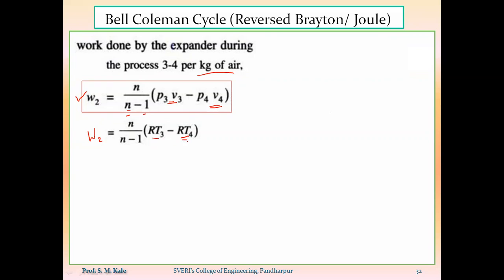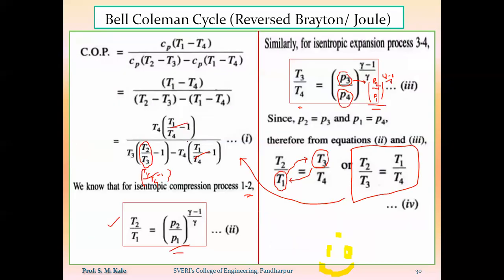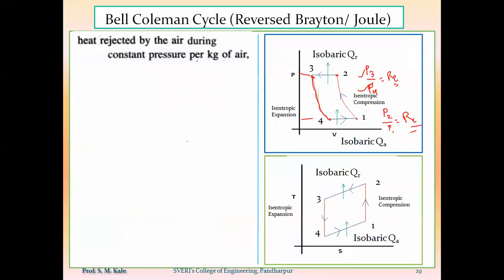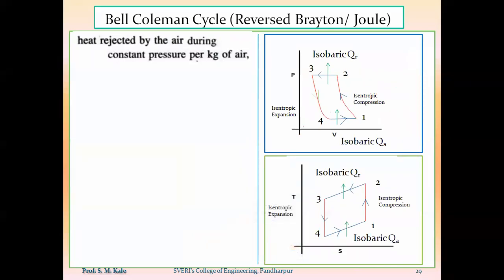Now, as work done by the compressor is having higher value as compared to work done by the expander, how are we going to decide this? Here in the PV diagram, we know that with the help of the area under the PV diagram, we get the work done by the process or work done on the process. So here, work done during the compression process will be this much area. This entire area will indicate the work done during the compression process.